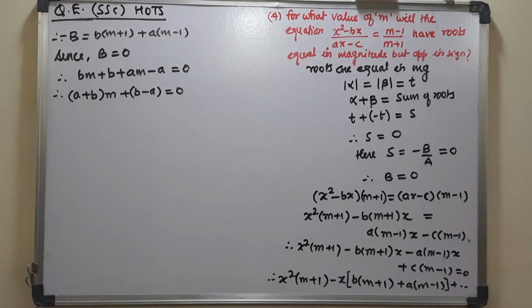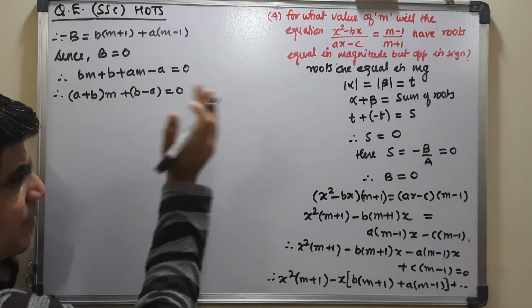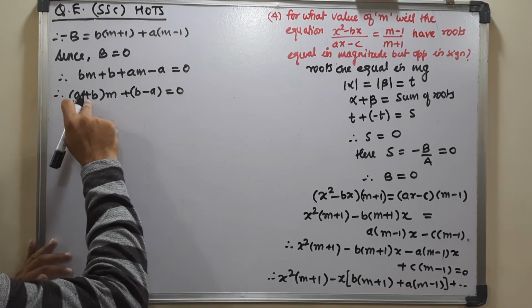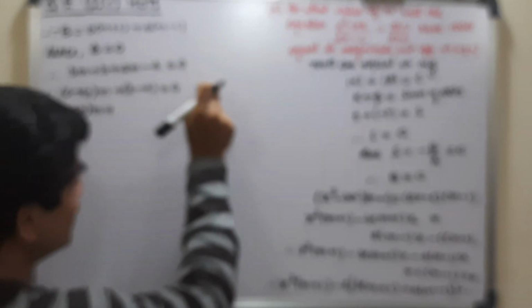So to find the value of m, I need to make everyone else empty from here. First I'll be shifting this one, because with this particular thing is attached. What is attached with plus and minus, that we see first. So that will transfer to get here a plus b into m. Now since this will come to this side, both will change the sign, that is, it will become a minus b. The value of m will be a minus b. This is multiplication, comes here, becomes division. That means the value of m is equal to a minus b upon a plus b, then and only then.